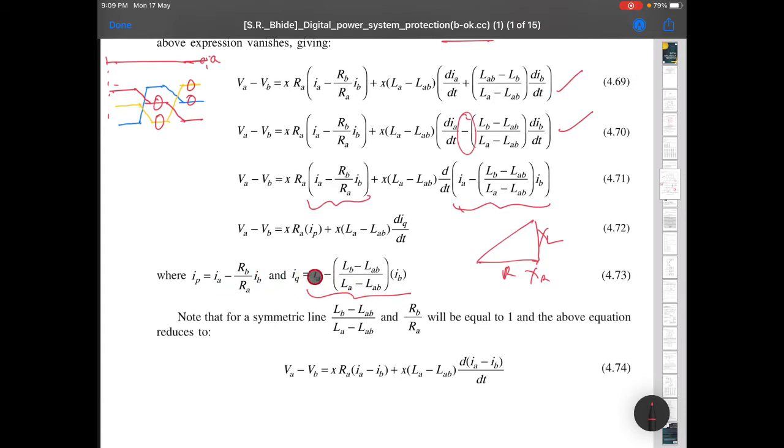Again, why do you need to denote it like this? Because every time you have to do this. Then next VB minus VC, for VB minus VC also the same thing. Again there simply IQ becomes some minute changes in this. So in a program, whichever operation you have to do repeatedly, you better do it once and the result is used every time later in the loop.